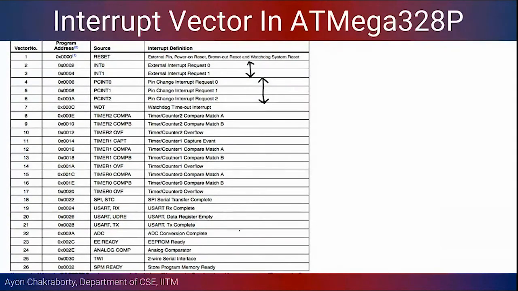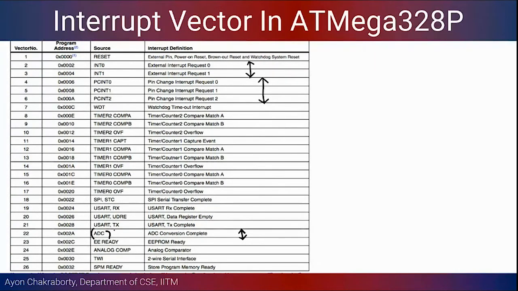One is this ADC, right? This is something we were supposed to look at, that whenever the ADC conversion completes, there is a way to raise an interrupt flag, and if we know that the interrupt has been raised, we can serve that particular ISR. We can implement an ISR for this particular function, right?